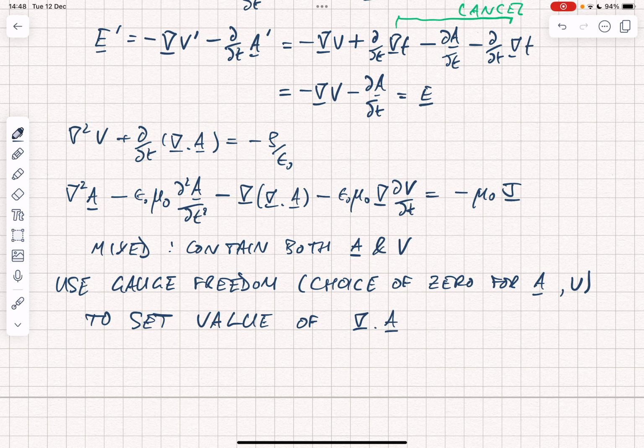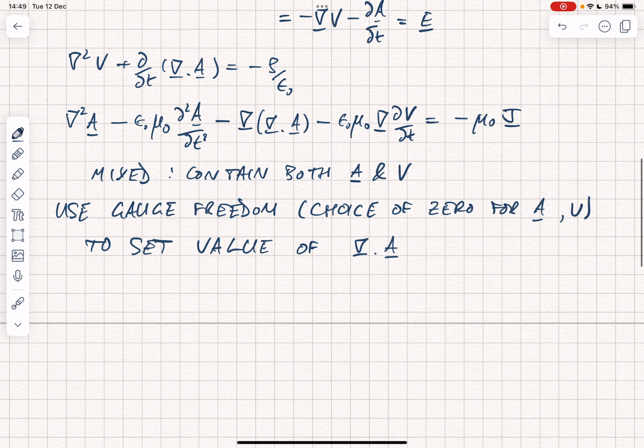That may seem like a rather arbitrary choice. Why div A? Well, notice that in this equation we have a div A, and in this equation we have a div A. So it's purely a convenience. The choice that we're making is A goes to A plus the gradient of some function, and we're going to do that in such a way that we can set the value of div A to be helpful. In the same way that we set the value of various different units to be helpful in solving physics problems.